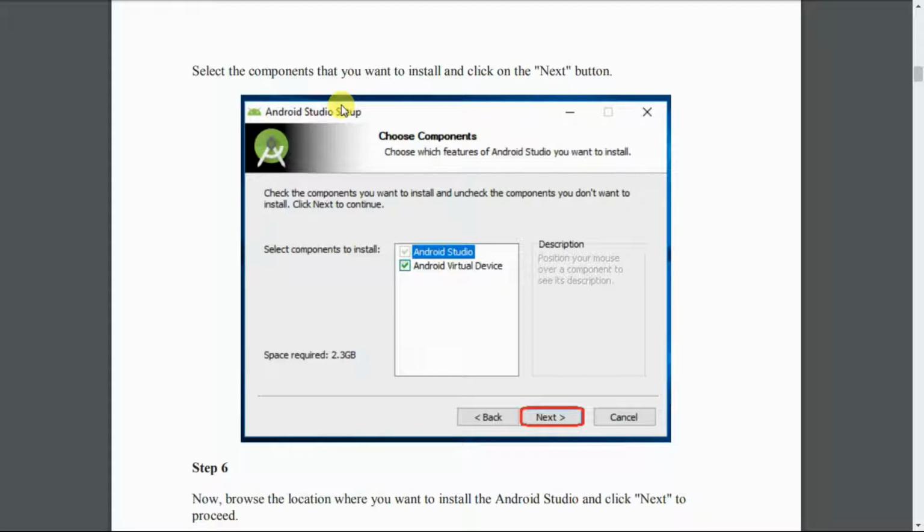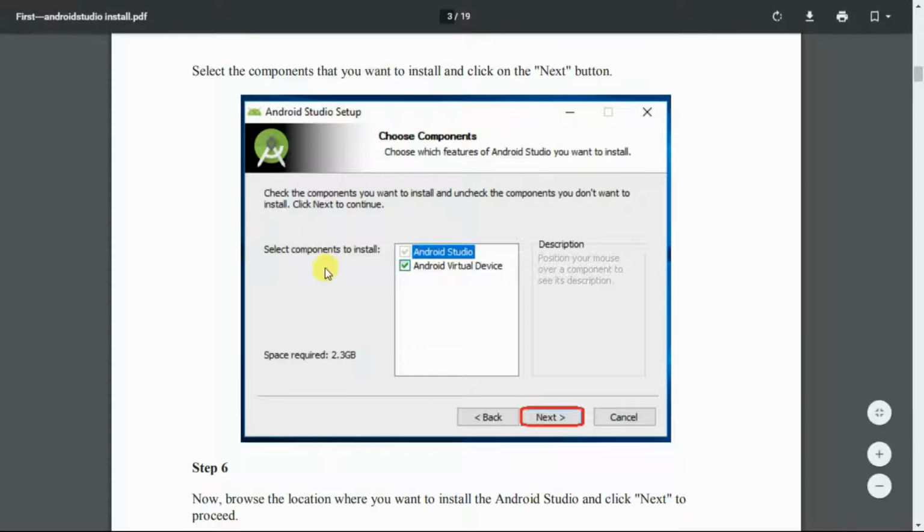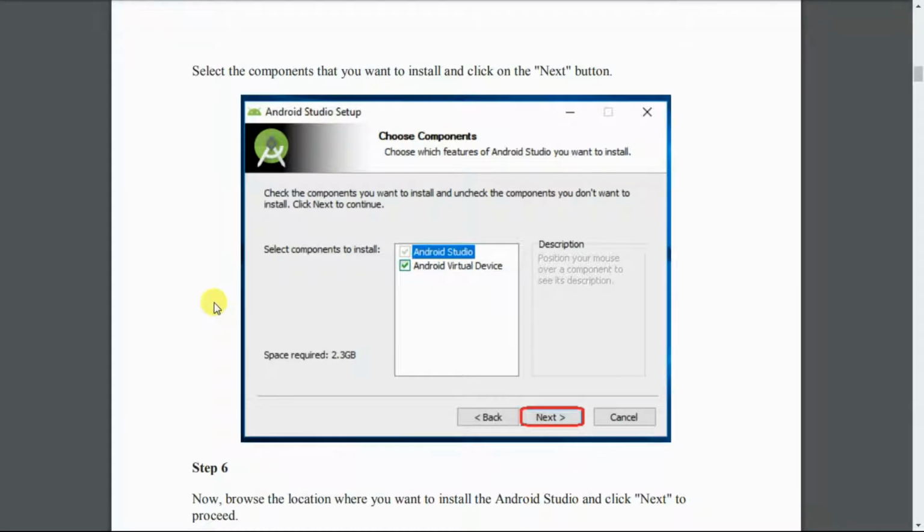That application will work on a Samsung mobile phone, and the same application will work on Nokia, Redmi, and Oppo mobile phones. If you want to configure different mobile phone versions, then you have to check Android Virtual Device. Android Virtual Device is responsible for creating the configuration for your mobile phones.